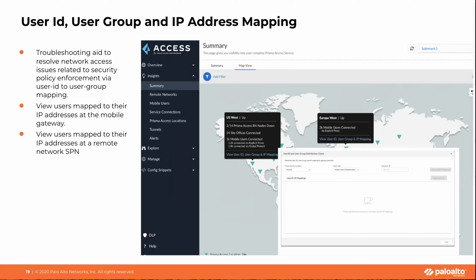You can also see the user ID and user group and IP address mapping information on the Prisma Access Summary Dashboard. You can hold the mouse cursor over a location. You get a pop-up dialog. Click View User ID and User Group Information,